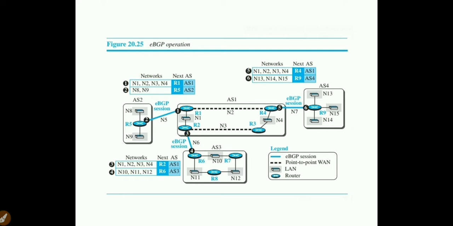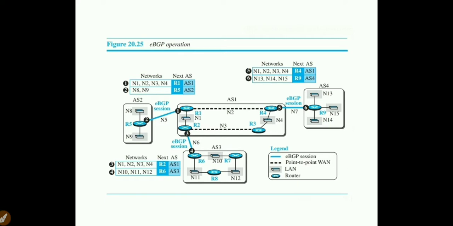The next one, similarly, is R4 and R9. R4 wants to communicate with an external autonomous system through R9. The messages transferred are 5 and 6. Message 5 is sent by R4. What details are present in the R4 border router?